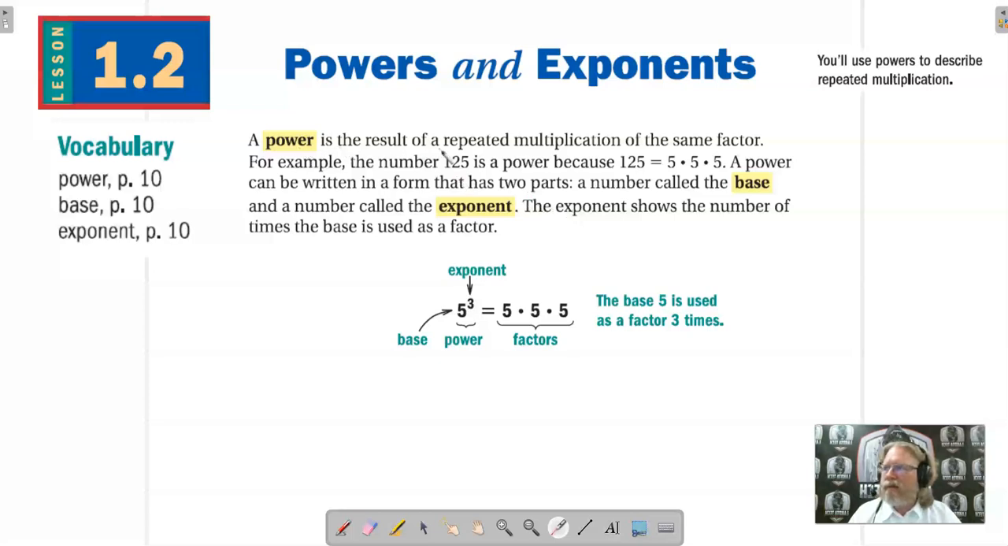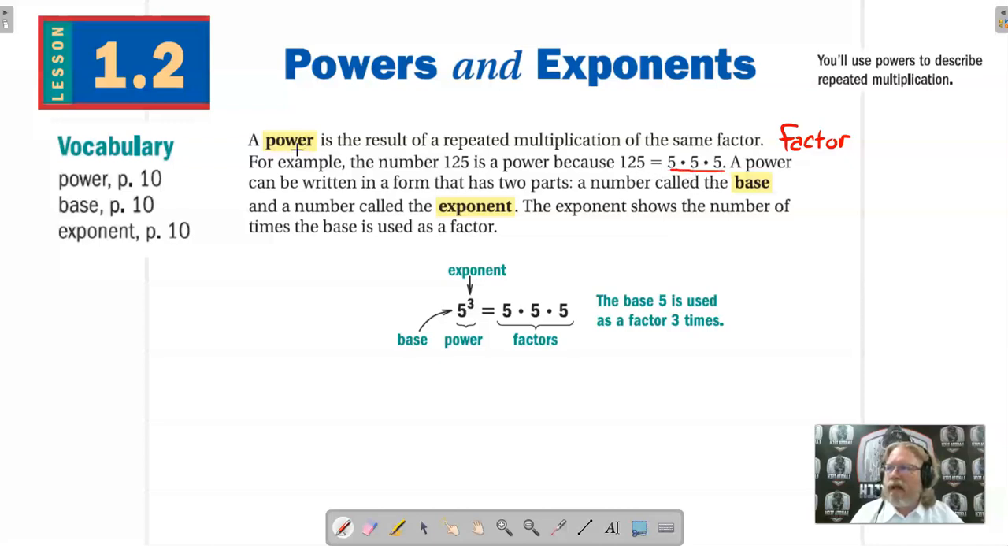So a power is the result of repeated multiplication of the same factor. For example, the number 125 is a power because 125 is equal to 5 times 5 times 5. Notice that all of these are the same factor. We talked about in the past that the numbers that are being multiplied are called factors. So whenever we're talking about factors, we're talking about numbers that are being multiplied times each other. So here we have 5 as the factor 3 times, and since it is the same factor, we can represent